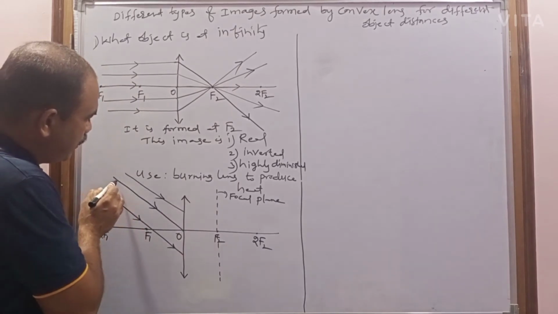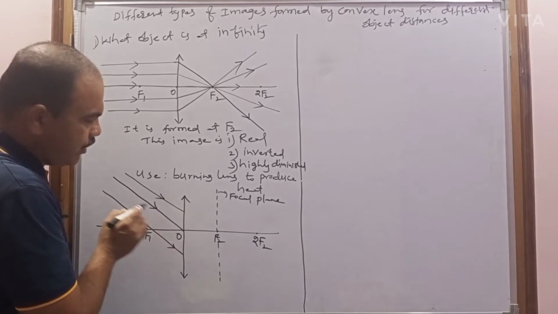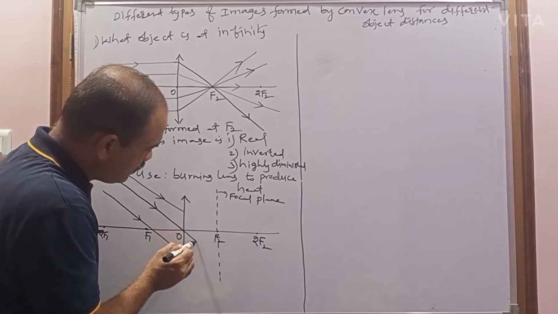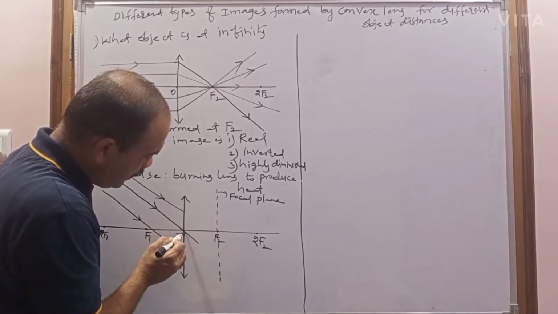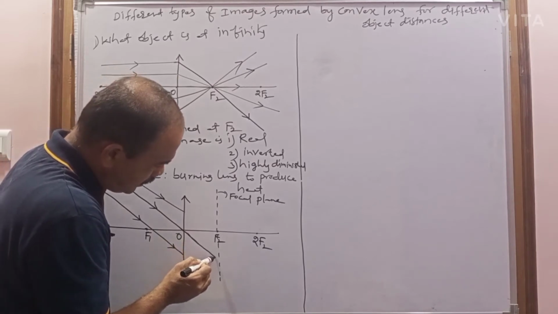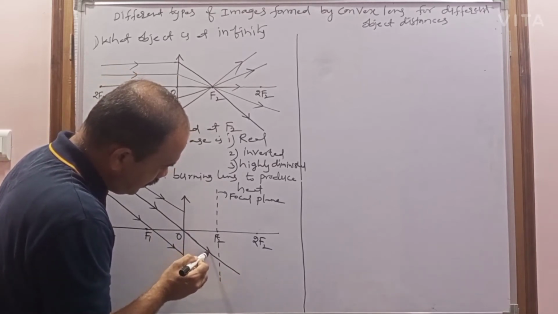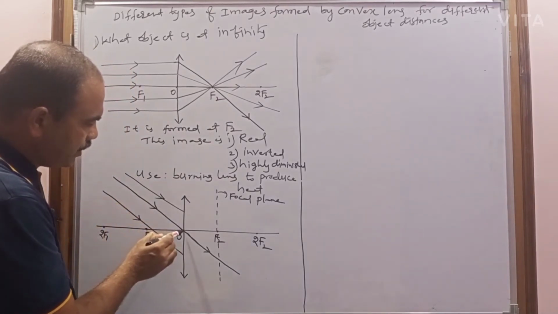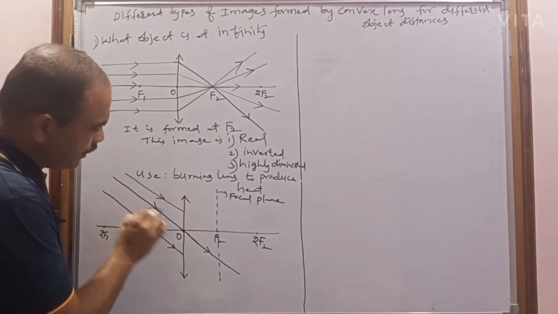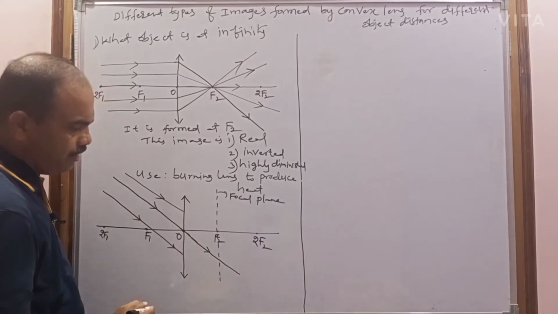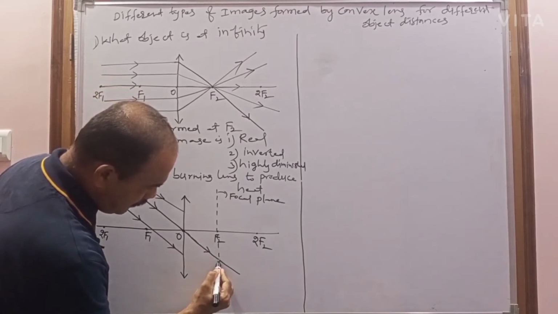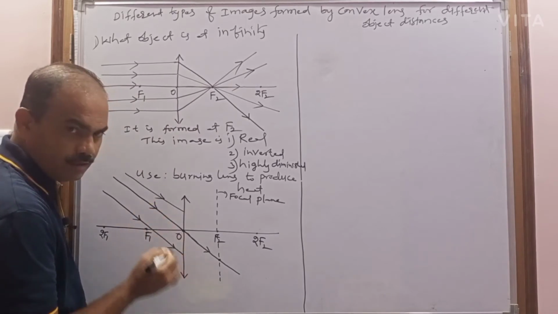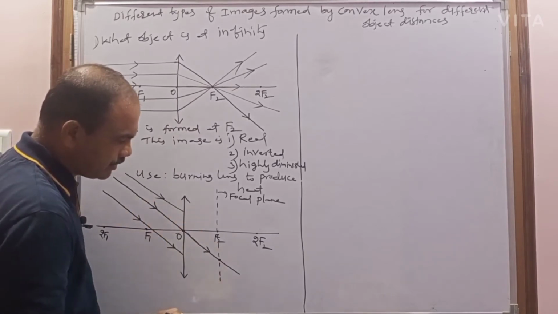First of all, you have to take this and this incident ray. This is the incident ray passing through the optic center, so after refraction it travels without deviation, continuing the same path. Now remember, where is it intersecting in the focal plane? Here. So here the image is formed. So extend the remaining rays, or draw the refracted rays corresponding to it.